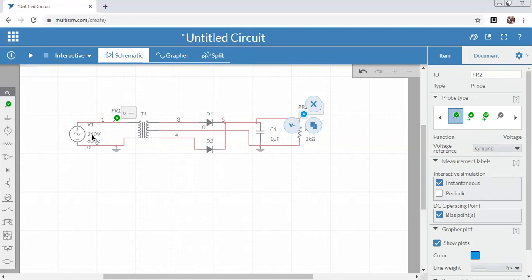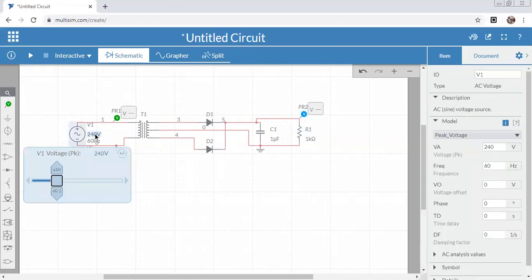You have to change the values by simply clicking on it. If you click here, a particular tab automatically opens in the right side panel. In that tab, it shows the features of the input voltage source. It is possible for you to change the voltage in this panel. Whatever corrections or updates you make in the right side panel should be reflected or updated in the schematic page also.